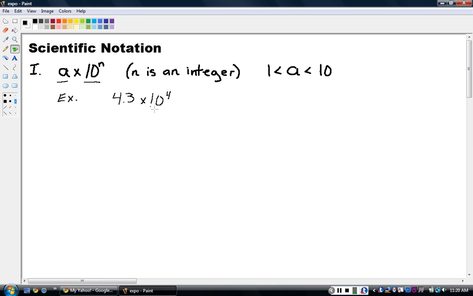But you have to understand that 10 to the 4th is a 1 with 4 zeros behind it. That means 10 times 10 is 100, times 10 is 1,000, times 10 is 10,000. So it's really the same thing as 4.3 times 10,000, which is the same thing as